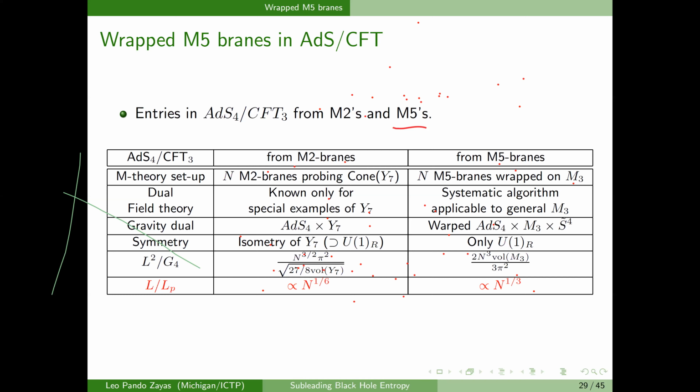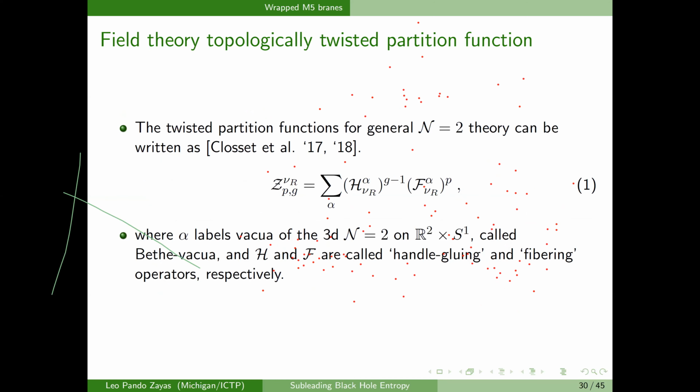But for me, the most important thing is that the length of the space scales differently with the rank of the gauge group. That's essentially what I want to take from this table. This again is a generalization of AdS/CFT, but instead of starting with M2 branes, you start with M5 branes wrapping some manifold. All right. So one important property is that the partition function for these theories can be written as an expansion, kind of like the Bethe-Ansatz expansion,